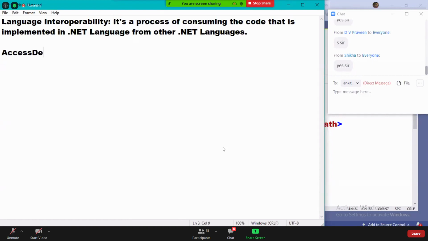Access Demo 1 is a C# project, converted into an assembly.